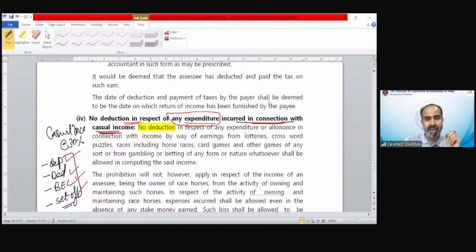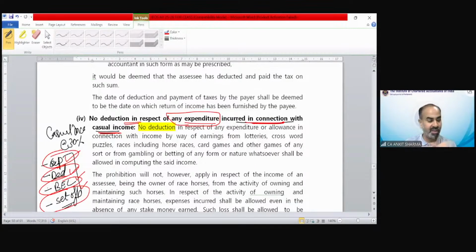Which benefit can we have in case of casual income, which can reduce our tax liability? Anyone remember which benefit we can have? No deduction, no expenditure. Anil is saying unexhausted basic exemption limit. No. I have written over here, basic exemption limit, not allowed. Deduction, not allowed. Expenditure, not allowed. Set off, not allowed. There's something else which can